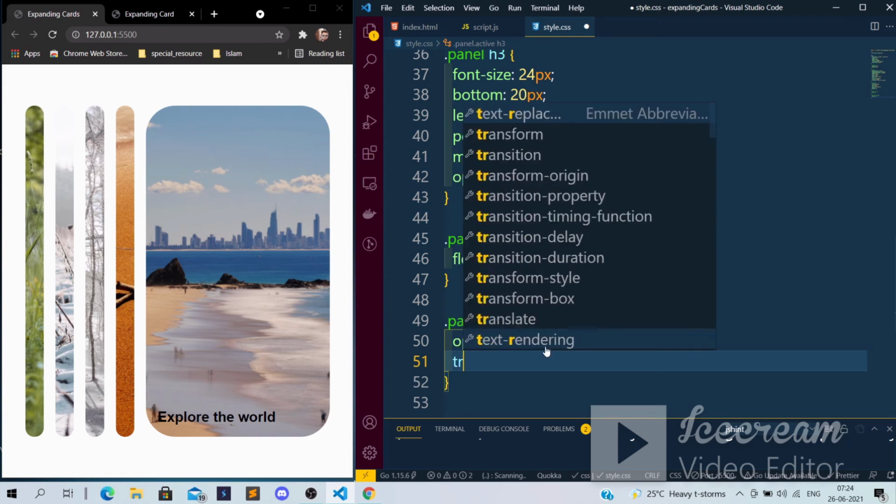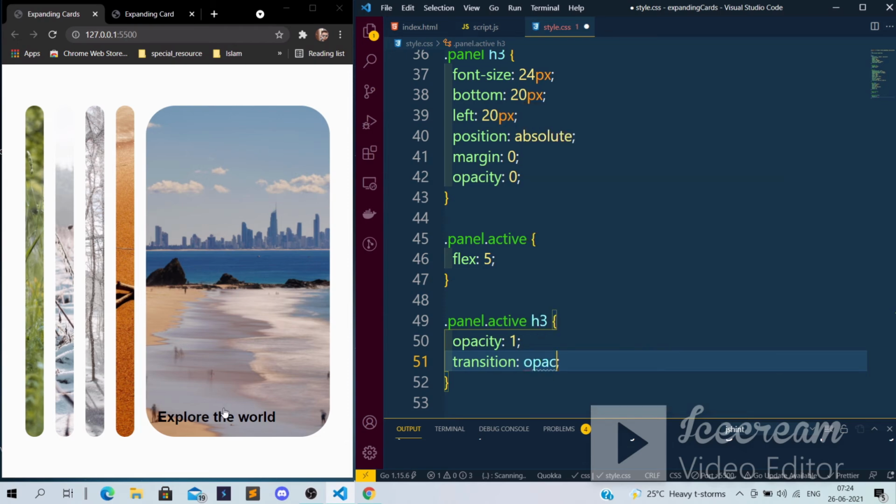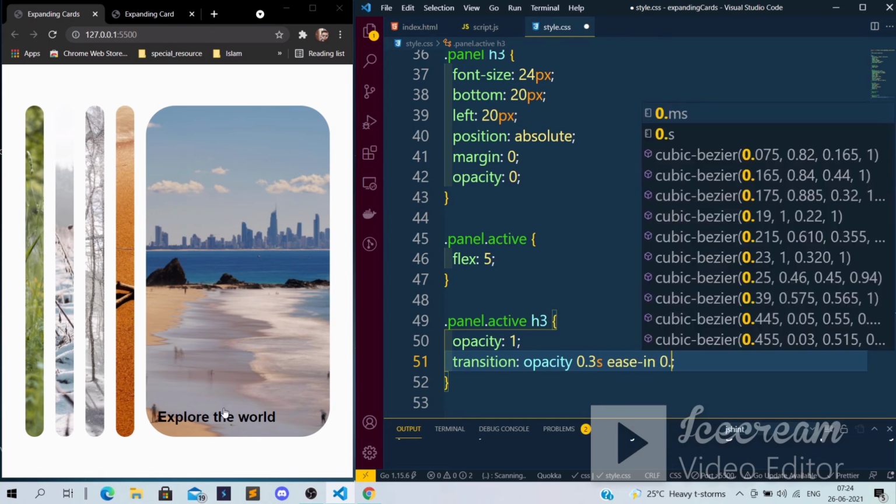Now I just want to see the transition also. I want to apply the transition over h3. When the card is not in expanded mode, this h3 will hide. When the card expands, I want to show this text with a certain transition. So transition opacity 0.4 second.